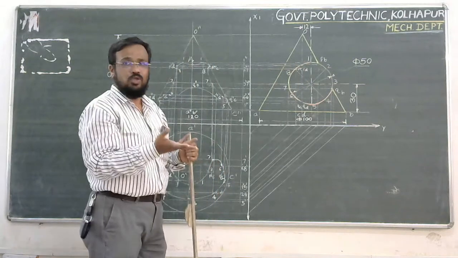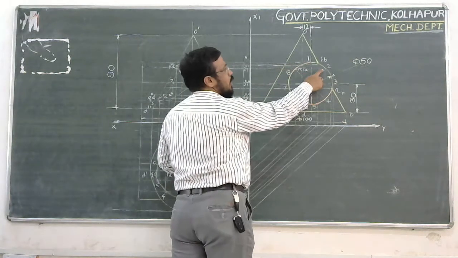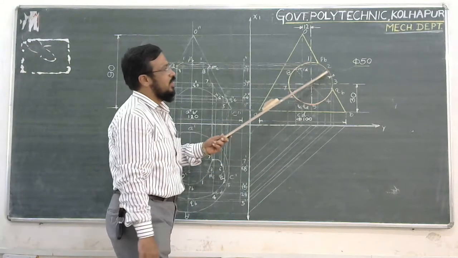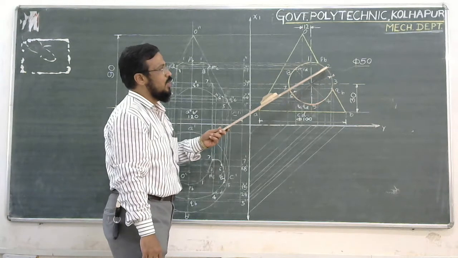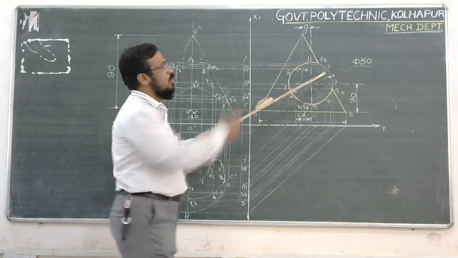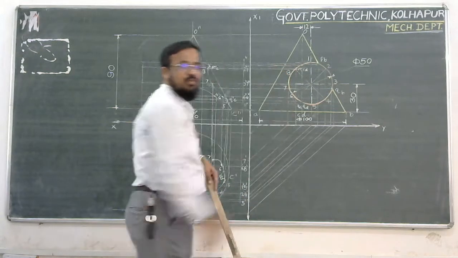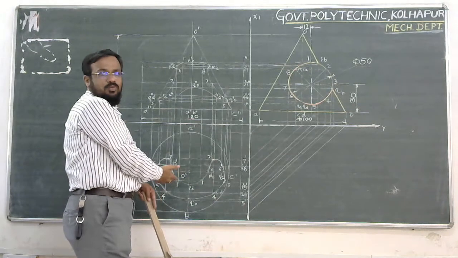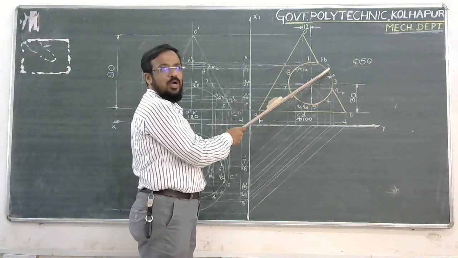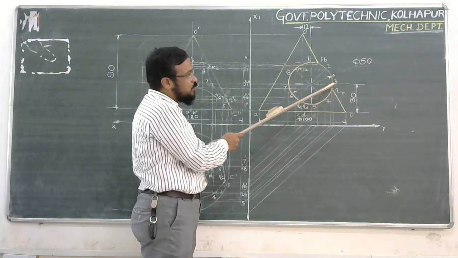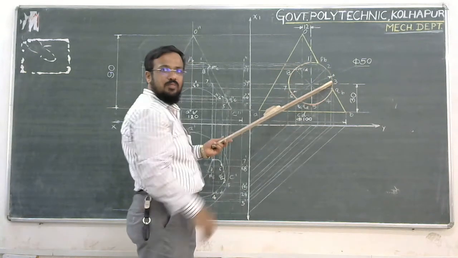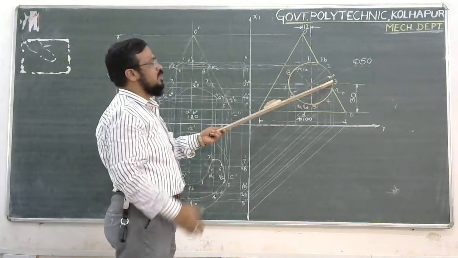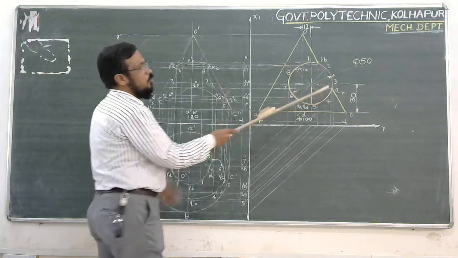Again, for point number 2, this is point number 2. Now, for this point number 2, if we refer to this side view, immediately you will come to know that point number 2 is out of the position of the cone. So point number 2 will not have any kind of reference in the top view. So purposely we have to omit this point number 2. The same case is with point number 3. It is beyond the surface of this cone, that is, outside. So we don't consider this particular point number 3. QB we have already considered.